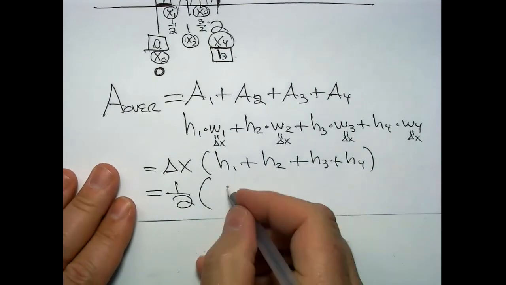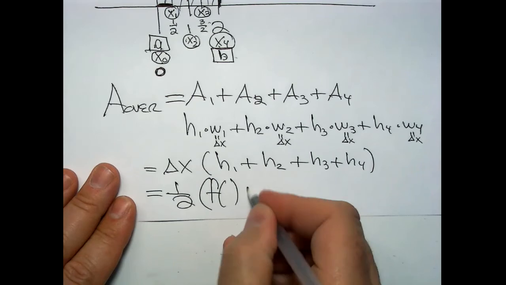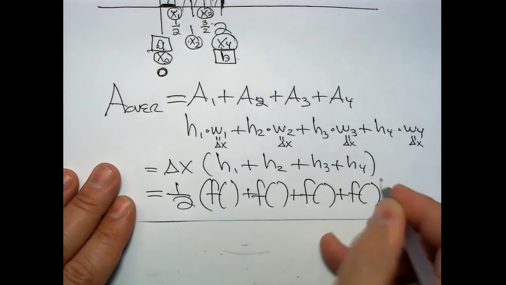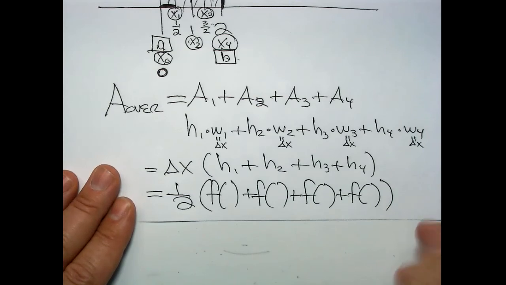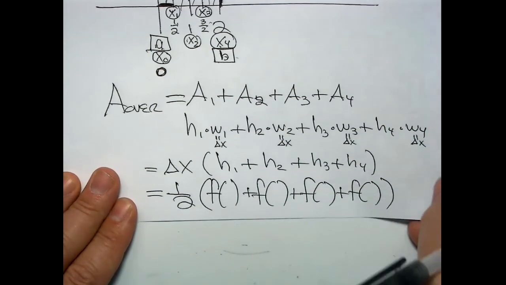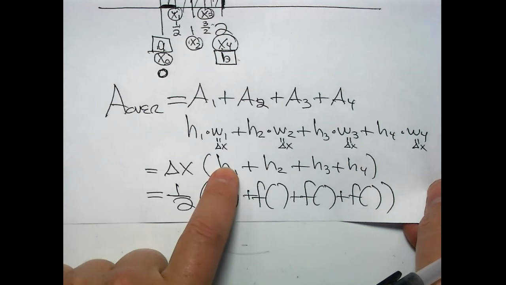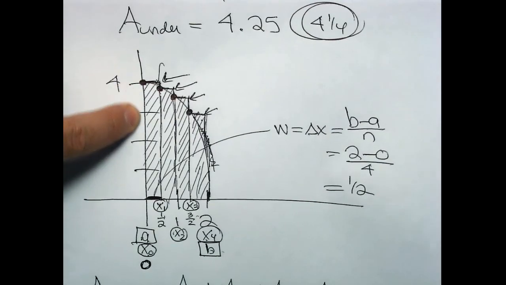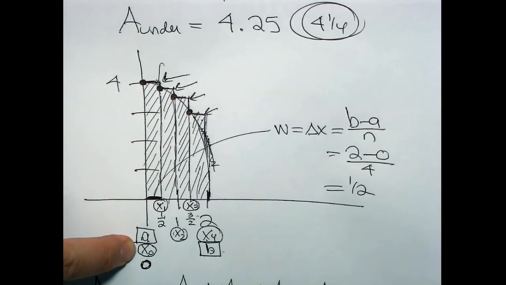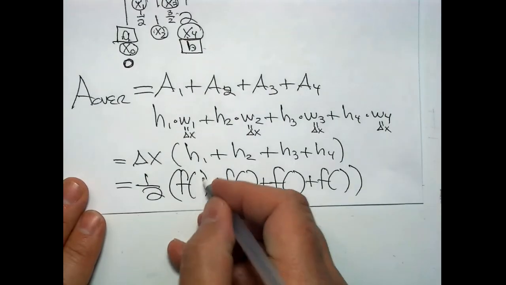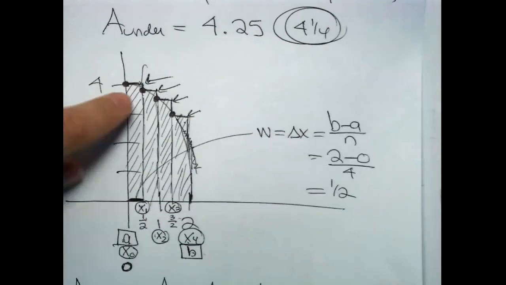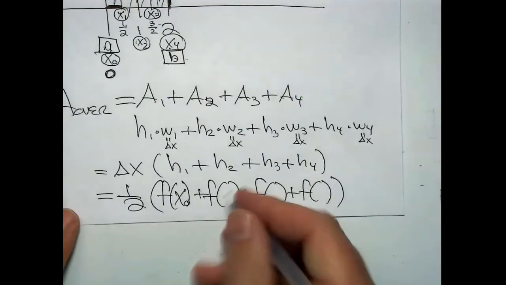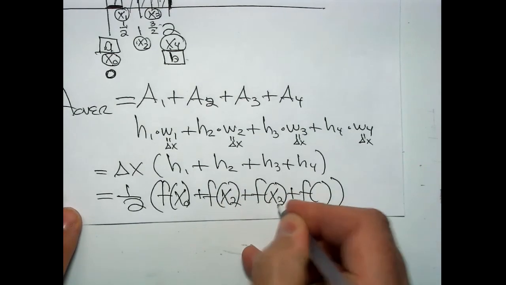Now again, we got to figure out how do we get heights, and functions are what get us heights. Functions get us y values, so don't forget you got to execute your function, but where? Well, that requires me to look here at the graph to figure out where should I do this to get my top height. My top height is right there. How did I get it? Come on down here. I did the f of x0. That's the first one. My second height is right here. Where did I get it? Slide down, take a look. You got it from x1. So I think you can extrapolate that we would go,